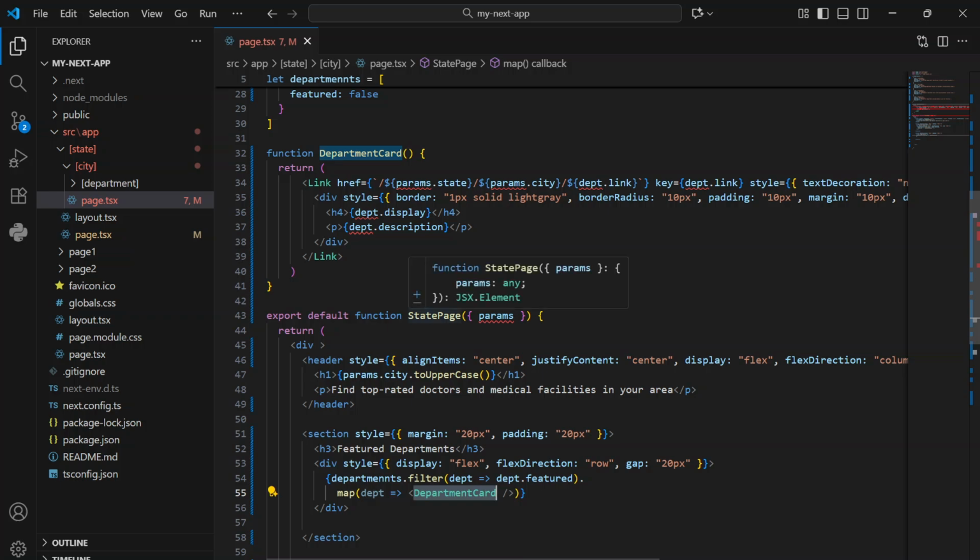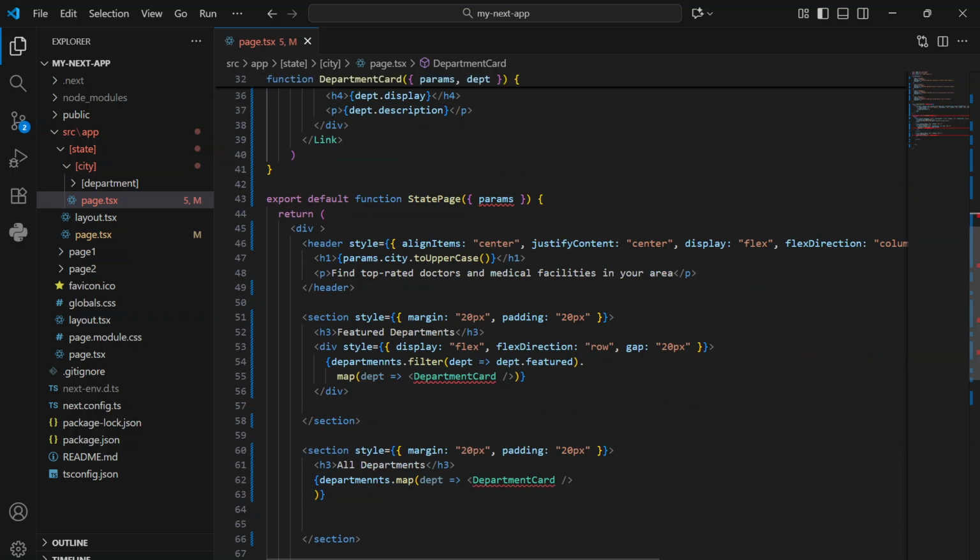Here if you see in the state page, we have this curly bracket and then the parameter. In the same way we'll have this curly bracket, and whatever we need here, we need params, so we'll accept params, comma, this department. Now the red lines are gone, so params are available from here, department is available from here, but we are not passing these two parameters yet. So now we'll do that. We'll pass params like this, params equal to, in brackets, params,